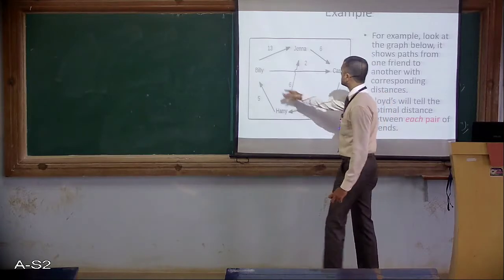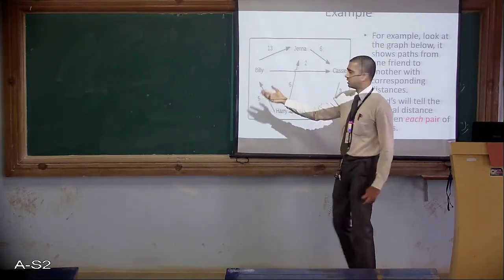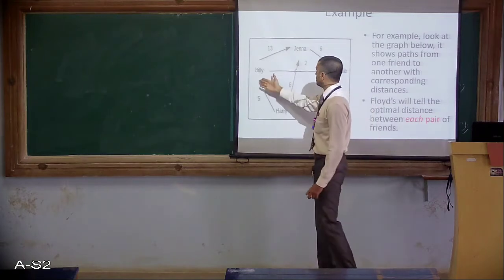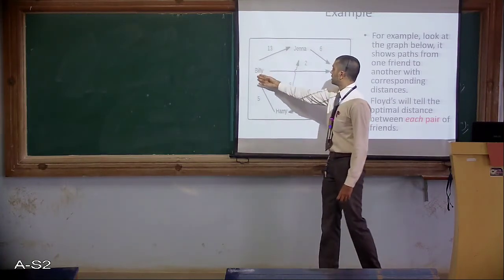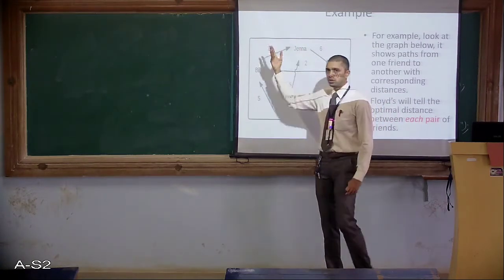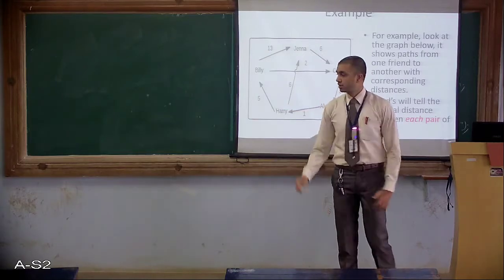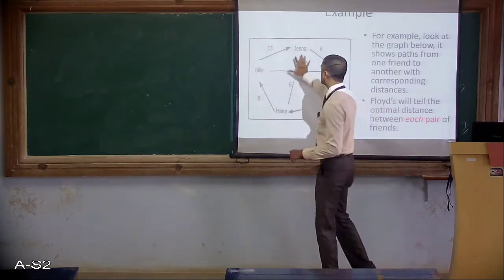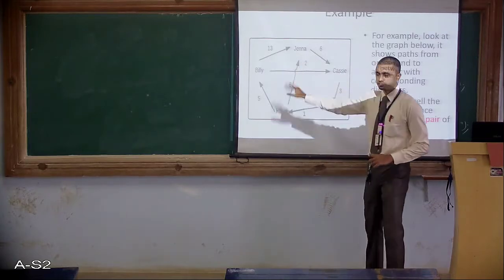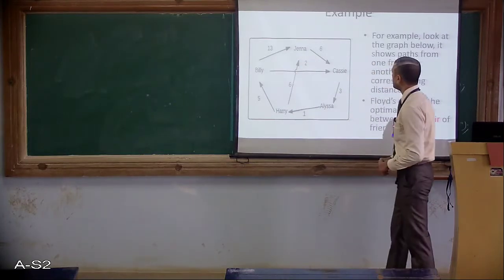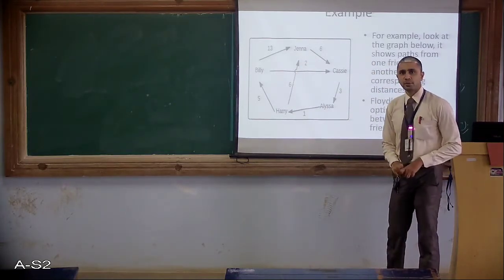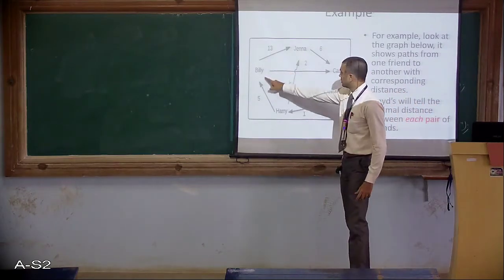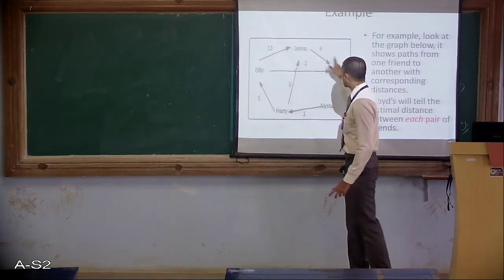So you can consider this as distance. Say from this vertex to this vertex it is 13 kilometers, or if you want to reach from this vertex to this vertex, it will cost you around 13 rupees or $13, or it is 13 kilometers or miles, whatever you want. So in general, we're going to consider this as the cost. Alright, so calculating the shortest path between every pair of vertices. What does this mean? We'll take an example. These are a set of friends over here.